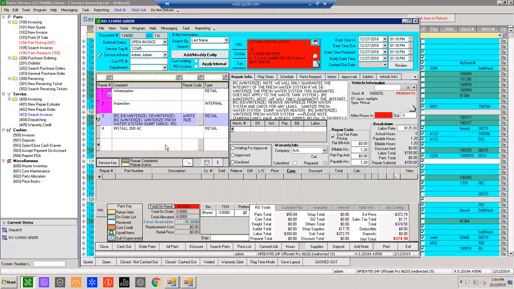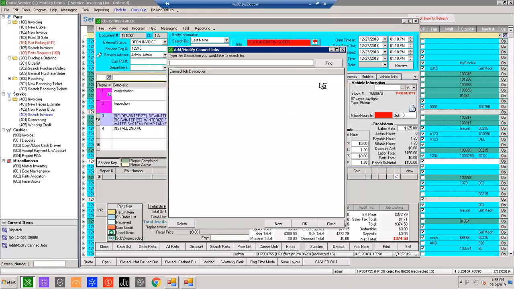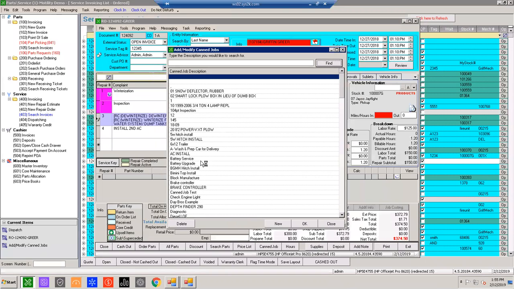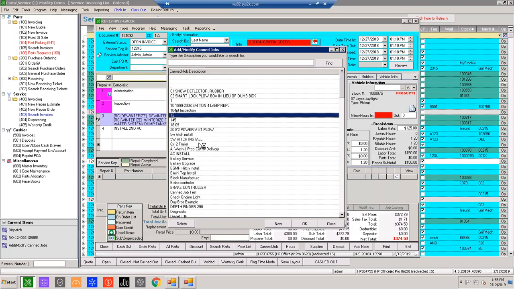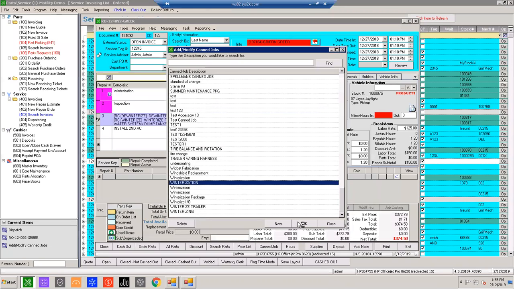Now, let's say I wanted to create a CAN job doing something similar. In the edit menu, I come down here to CAN jobs. If you search up the existing ones, I can modify what's already there. Let's find a winterized CAN job, and then I'll add the repair code to it so you can see the full picture. So if I click on winterization here,